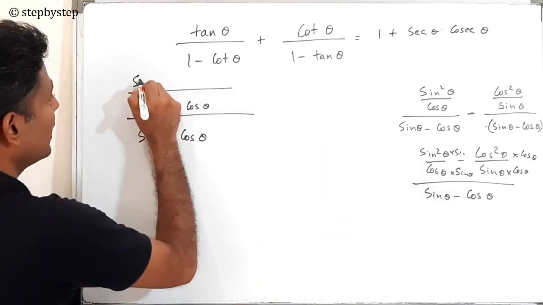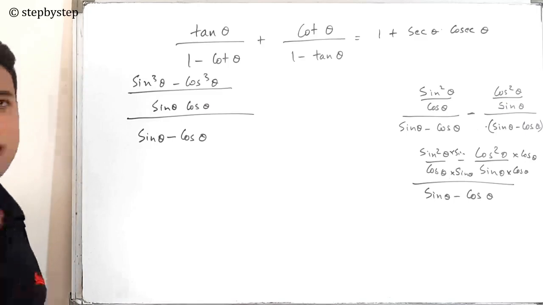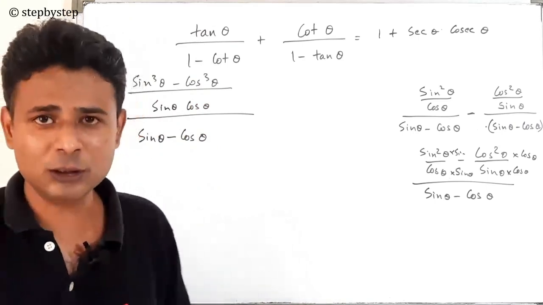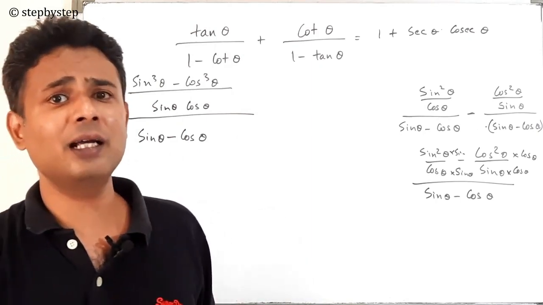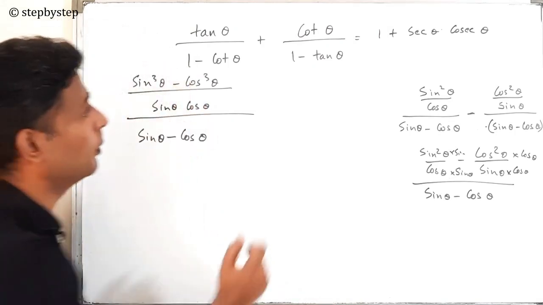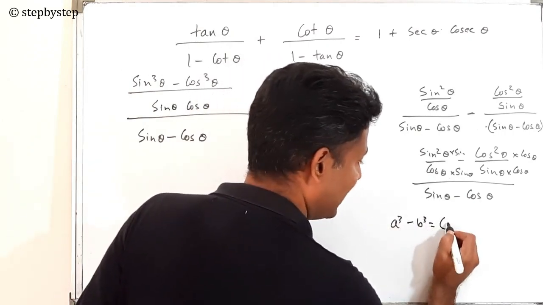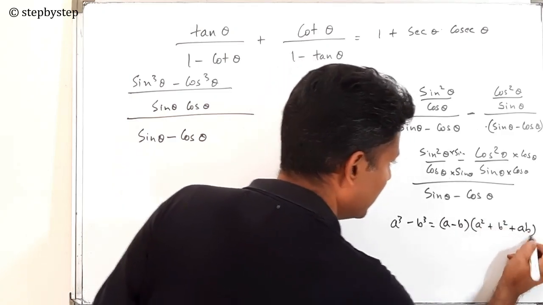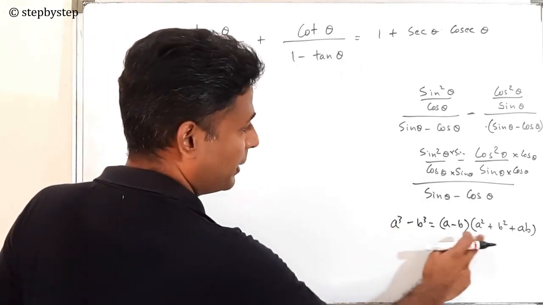Sin square theta into sin theta, we get sin cube theta minus cos cube theta. Now to solve, in trigonometric identities, you have to remember the algebraic identity formulas. A plus b whole square, a minus b whole square, a square minus b square. Also you have to remember the a cube plus b cube formula, a cube minus b cube formula. Here it is of the form a cube minus b cube. Now guys, I don't know whether you remember, a cube minus b cube can be written as a minus b into a square plus b square plus ab. So this is the formula that you need to remember from previous year 9th standard. So a cube minus b cube can be written in this form.